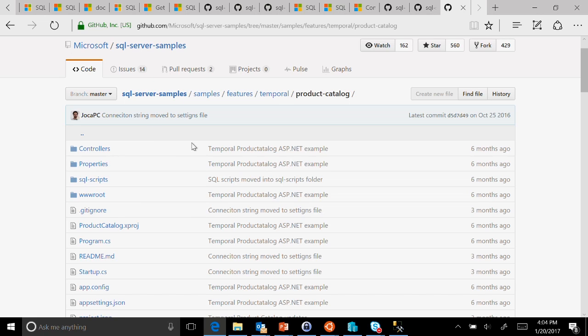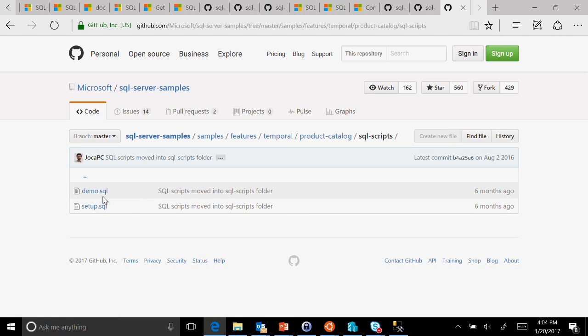So again, this is an entire little app that they've built with Temporal for product catalog. So again, you can imagine product catalogs change all the time. So here you'll be able to reconstruct. So if you're interested in playing with this, I would just say go get this Git depot and start playing with it.